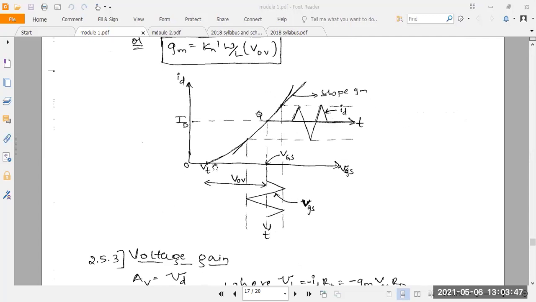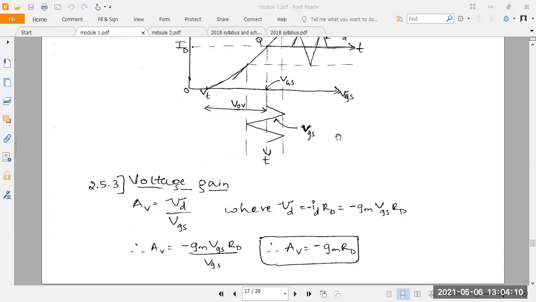After that, you take the input characteristics, VGS versus ID. They have taken AC and DC in VGS, but you find it in the middle. We have to consider the DC input voltage and DC output. When there is an AC supply, like a triangular waveform, if I apply a small signal, we get a large signal as output. That is the inverted output across the slope of the DC load line.